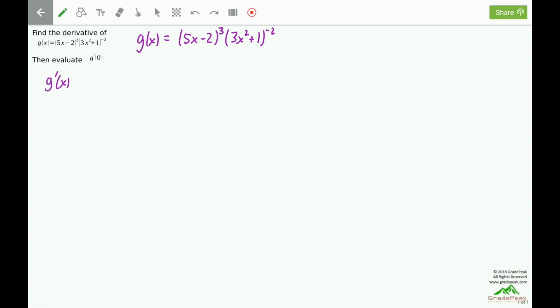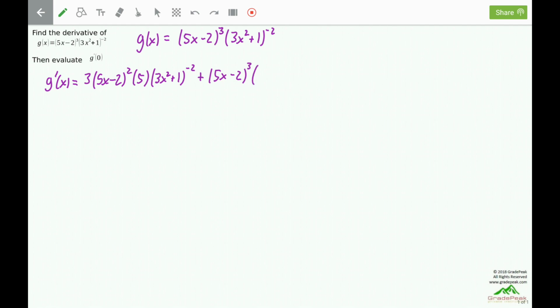The derivative, g prime of x, will be the derivative of the first function, (5x minus 2) quantity cubed. The cubed is the outermost. We'll use the power rule for it. So bring the power down, leave the inside alone, subtract 1 from the power, then multiply by the derivative of the inside to complete the chain rule. That's all the derivative of the first times the second left alone. Then add to it the first left alone